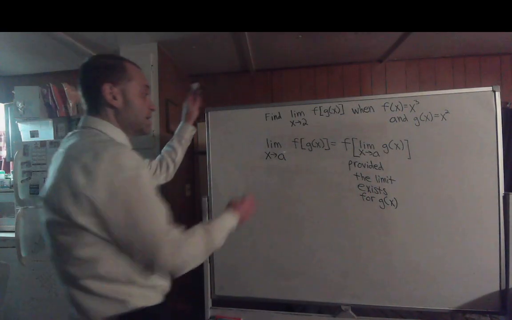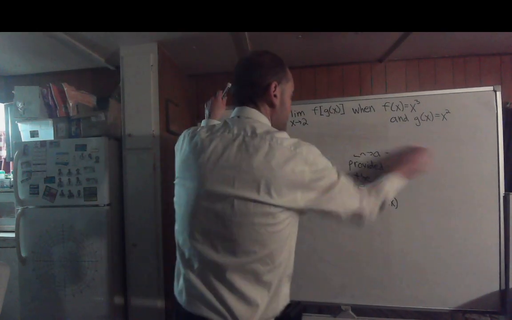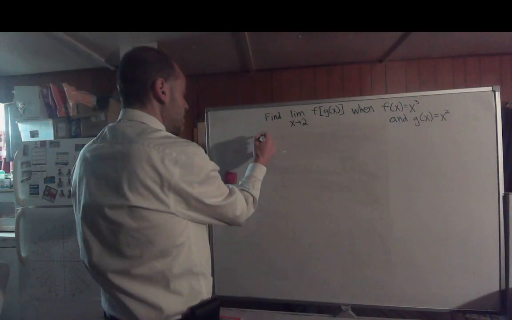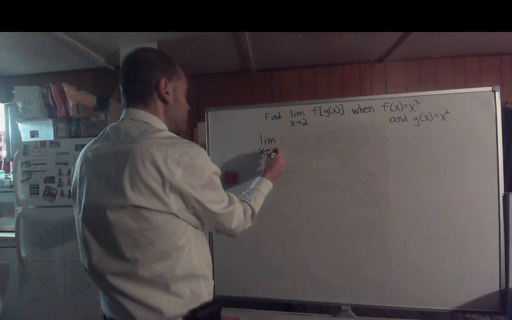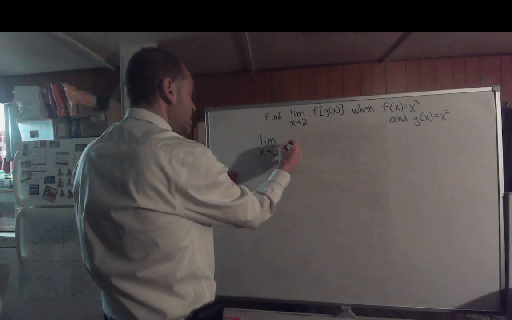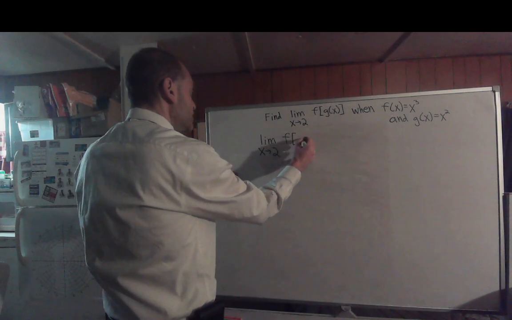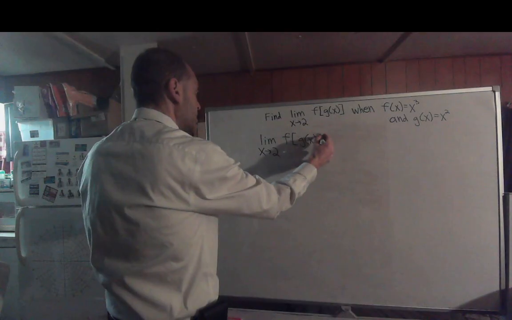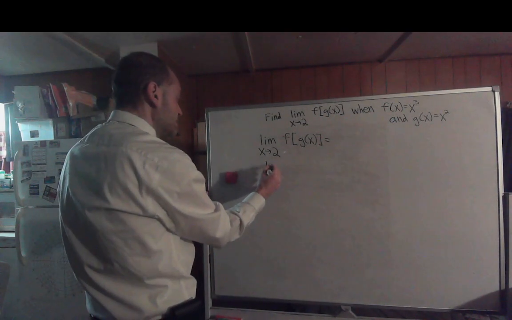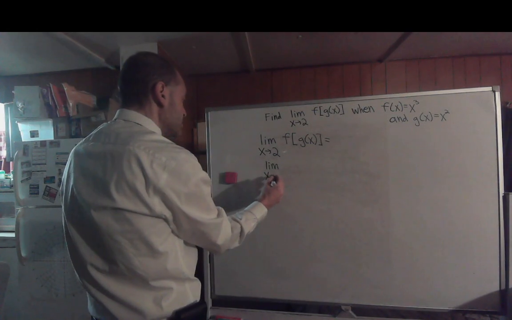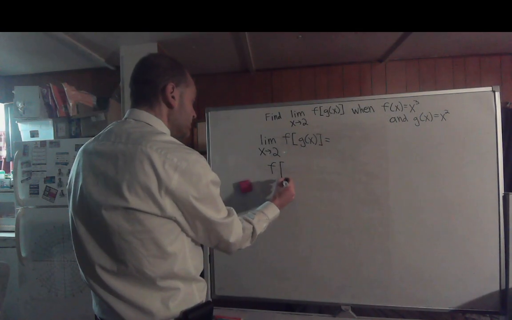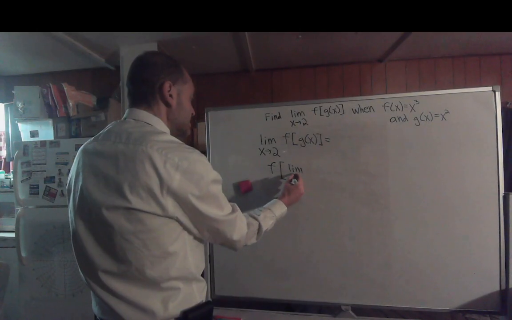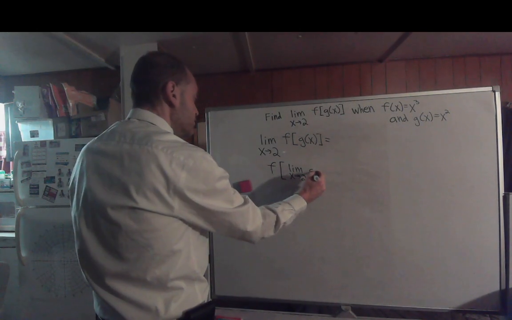So let's go ahead and do this same example, this time using our shortcut method. The limit as x approaches 2 of f of g of x is going to equal f of the limit as x approaches 2 of g of x,